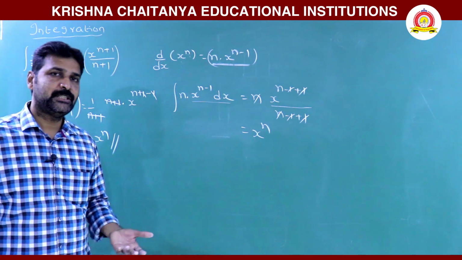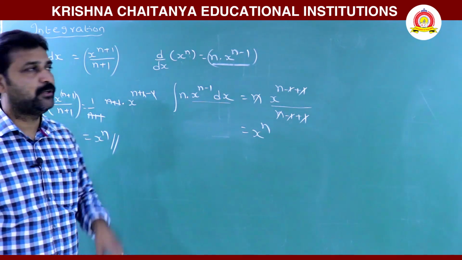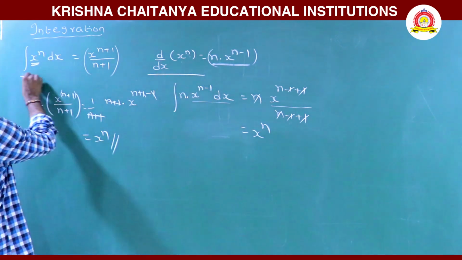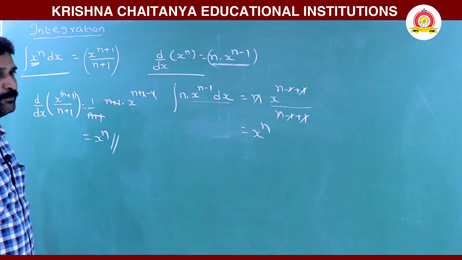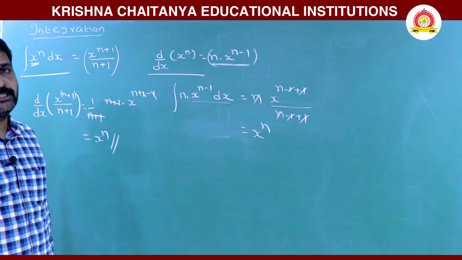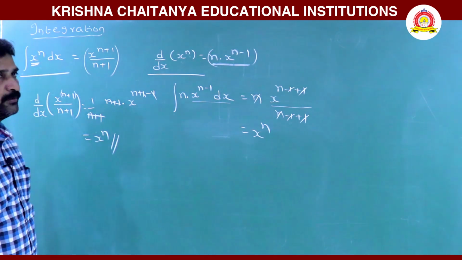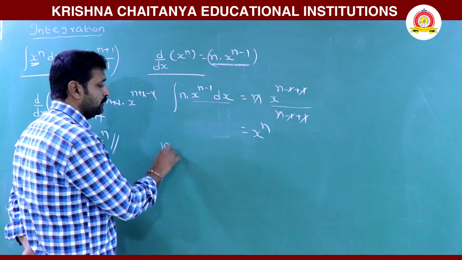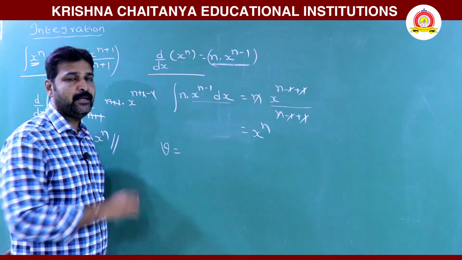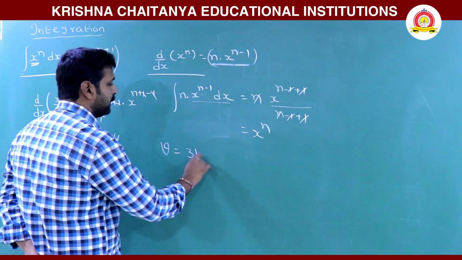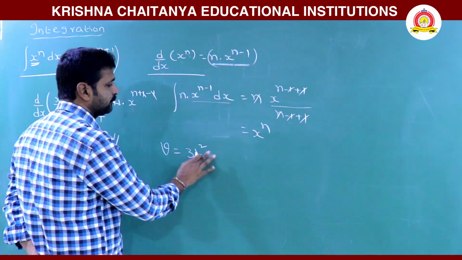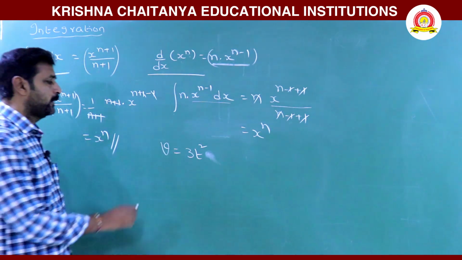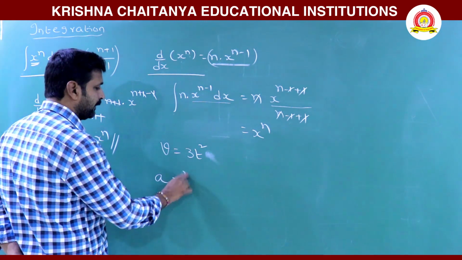But when integration is used and when differentiation is used, that will be identified from the formula. From this formula, I will give you just one example now, a very simple one, of when differentiation is used and when integration is used. Suppose velocity is depending on time, for example if it is 3t squared.